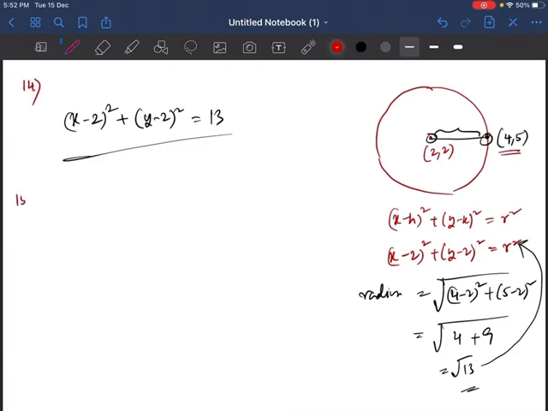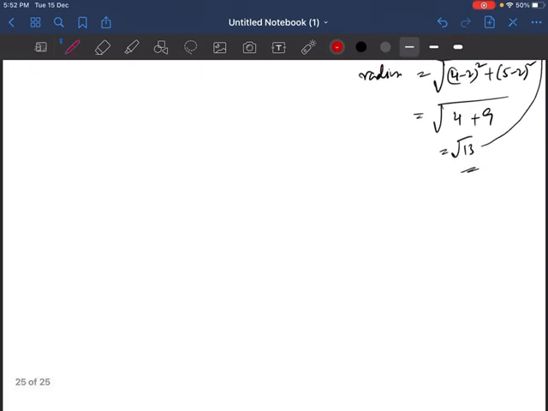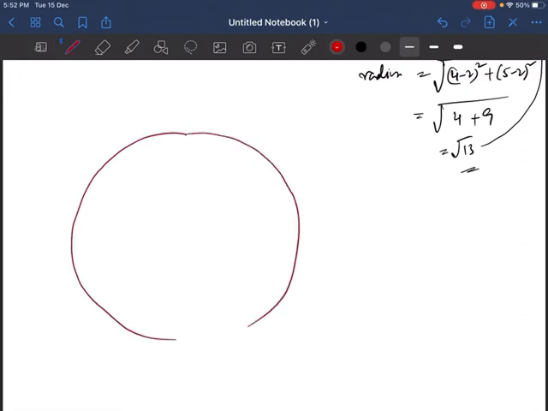Now question number 15. Question number 15 says: does the point (−2.5, 3.5) lie inside, outside or on the circle? Now how can you determine whether a point lies inside, outside or on the circle? So let us see. In order to solve this question, you think of a circle. Let's have a circle in here. I will be thinking of three points here. One point is (a, b).